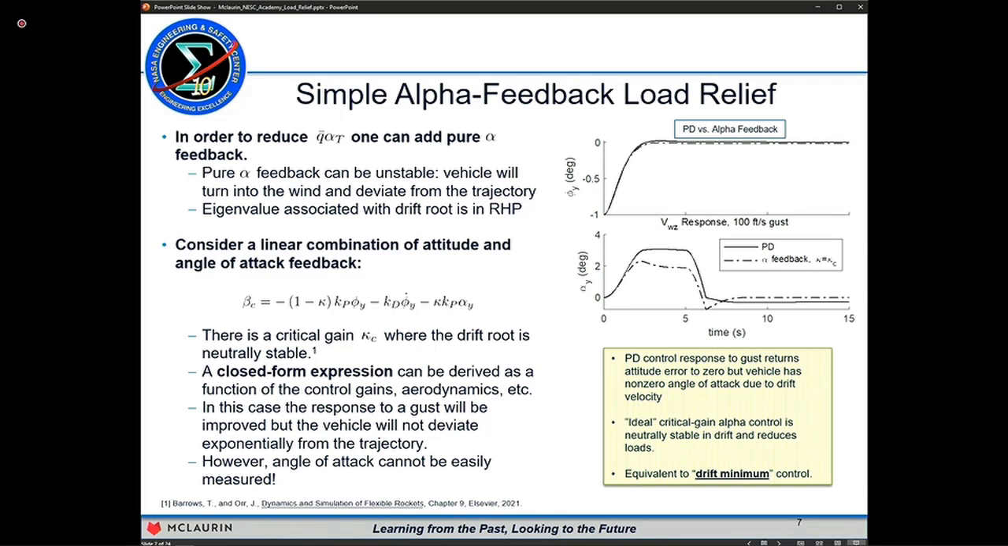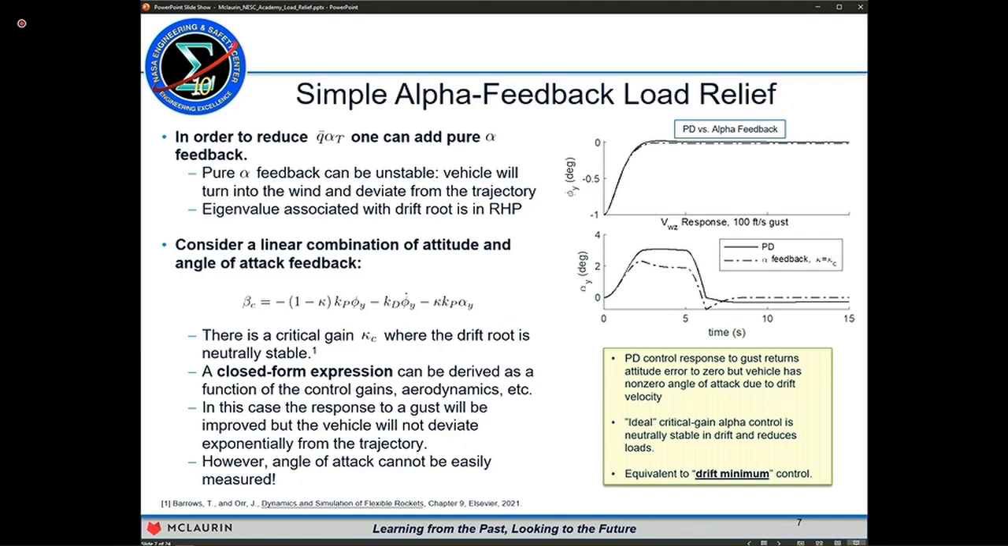Well, the most intuitive initial approach is to just do alpha feedback. So let's assume that I have a perfect estimate of angle of attack. In order to reduce Q alpha total, of course, Q bar, the dynamic pressure, in this frozen time linearized analysis is a constant parameter. So to reduce Q alpha total, I just need to reduce alpha. So I can add pure alpha feedback. Now, pure alpha feedback is actually unstable, or can be unstable at a certain level of gain. The vehicle will turn into the wind in order to reduce alpha or bring alpha to zero,